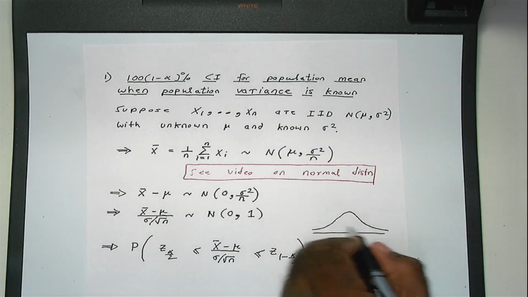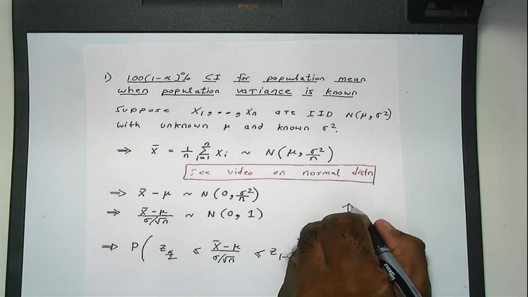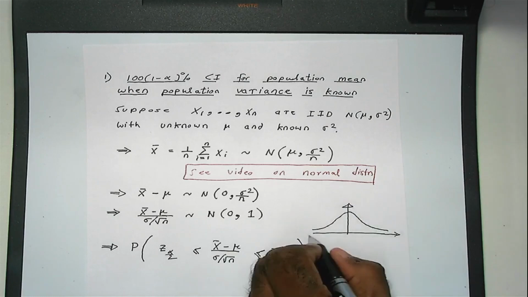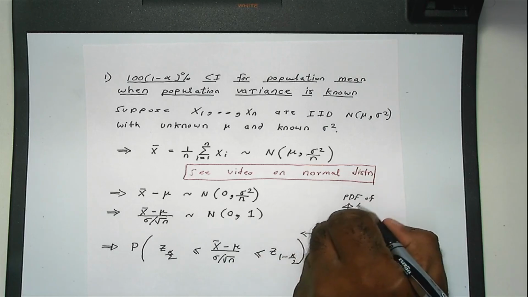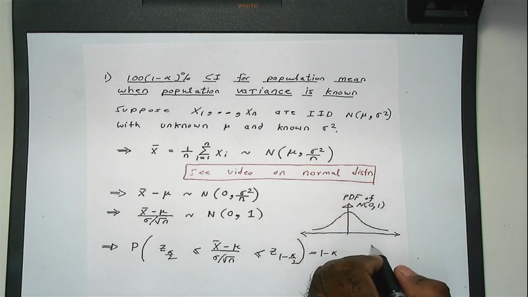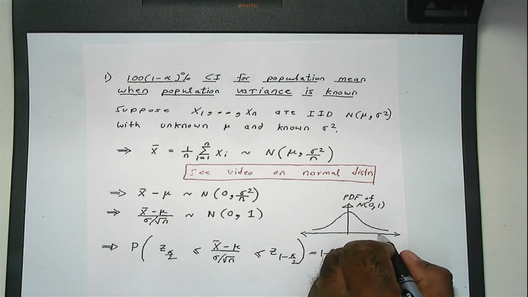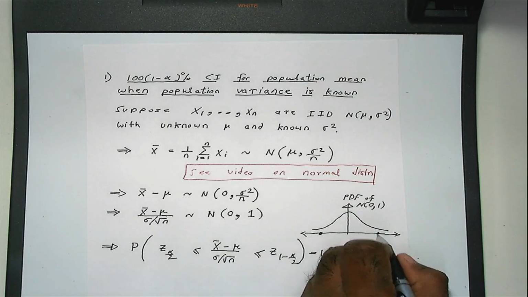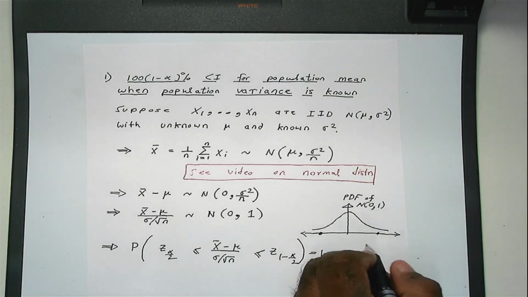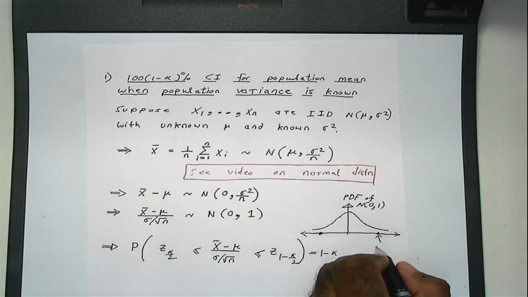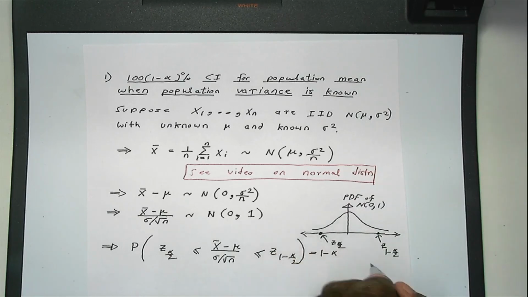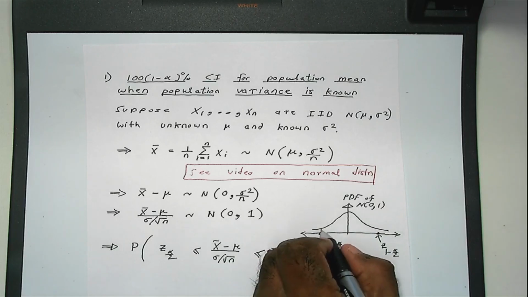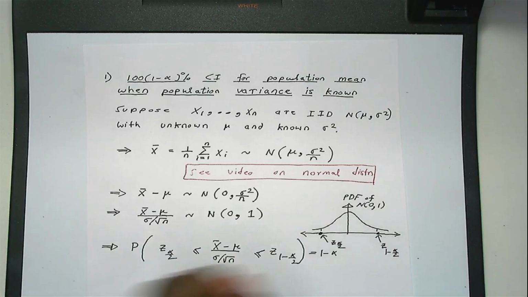If you don't remember what I did in that video, suppose this is the PDF of standard normal, all right? Then there are 2 points. You can take 2 points along the horizontal axis, and this point will be here, and the area between them, that's this area here,